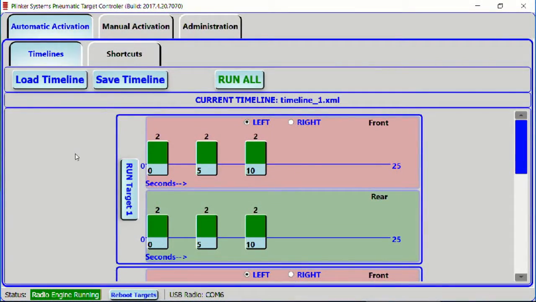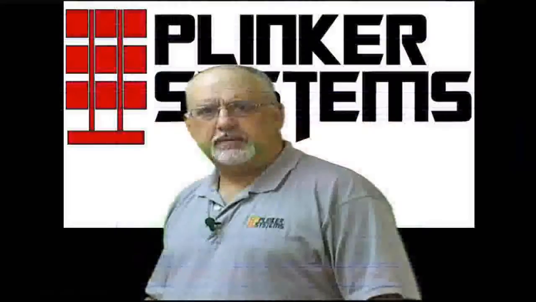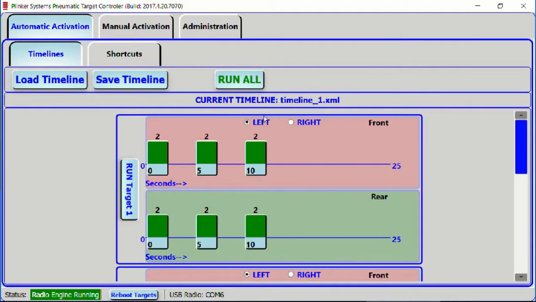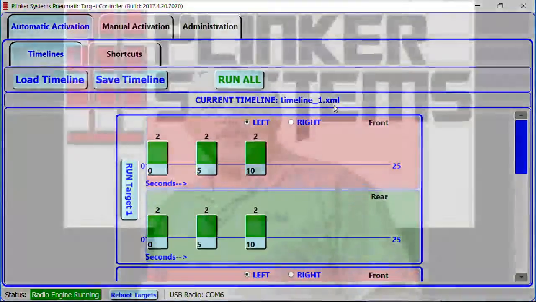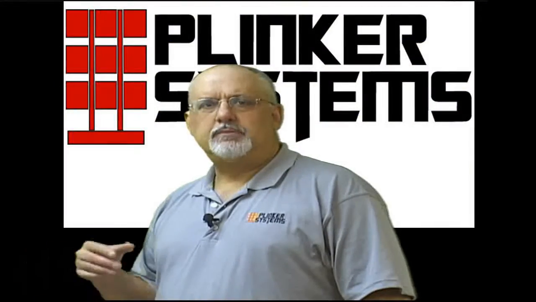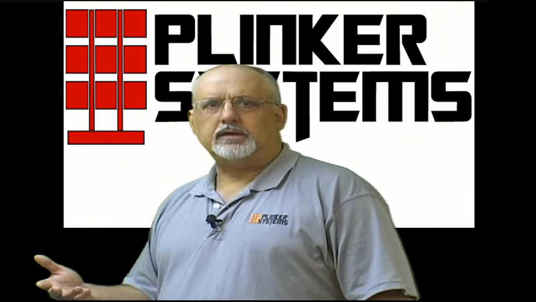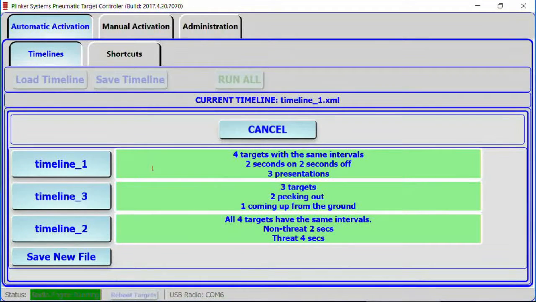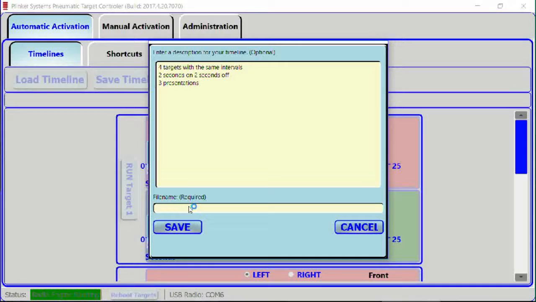We have the ability to both load and save timelines. Now, this particular timeline, you can see here in the center of the screen, says the current timeline is Timeline 1. Once you have loaded a timeline, every time you make a change, it gets saved automatically. But if I wanted to save this under a different name, I can click Save Timeline, and I can choose to overwrite an existing timeline, or I can save it under a new name. Let's just call this Demo